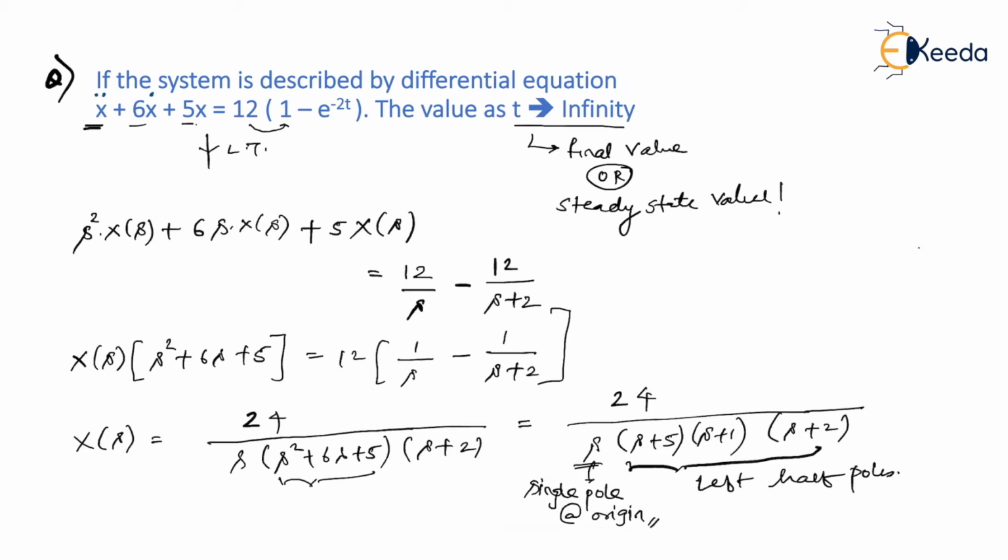And we have seen that whenever there is a single pole at origin, there is absolutely no problem, but repeated poles at origin make a problem, am I right? So since there is only one pole at origin and the rest of the poles are lying on the left half of the S-plane, therefore the system is said to be a stable system, and if the system is stable, there is absolutely no problem to apply the final value theorem. Why am I talking about the final value theorem? Because they're asking you a final value, am I right? Let us apply the final value theorem directly now.